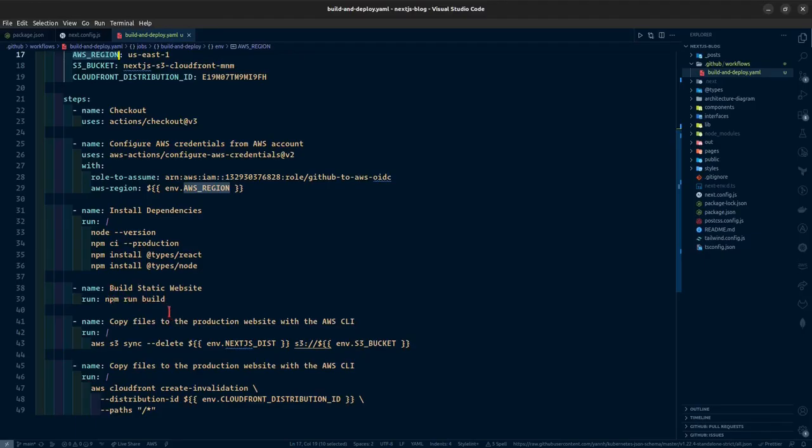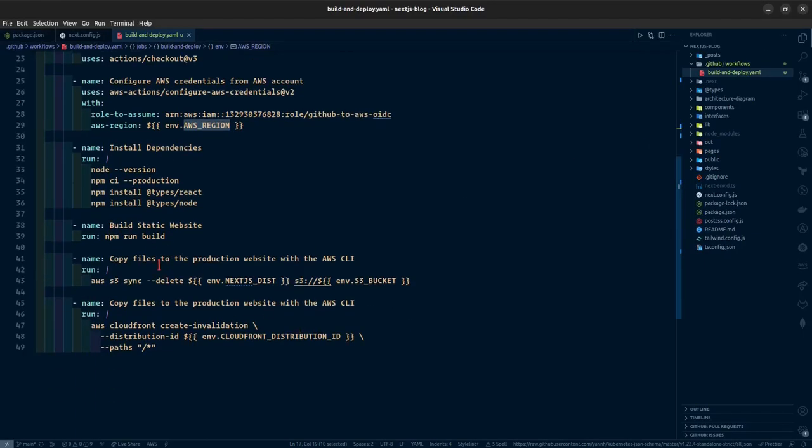At this moment it will spit out an out folder, and then that out folder, that Next.js dist folder, will be synced into the S3 bucket. So this is the AWS CLI command. From there,